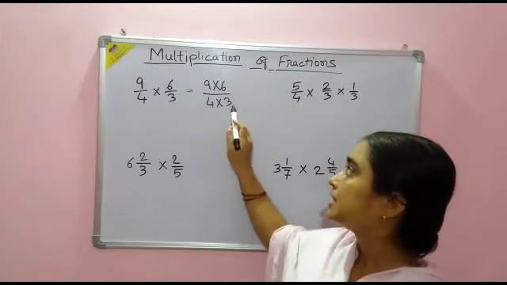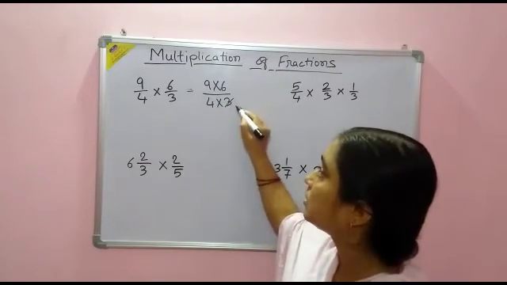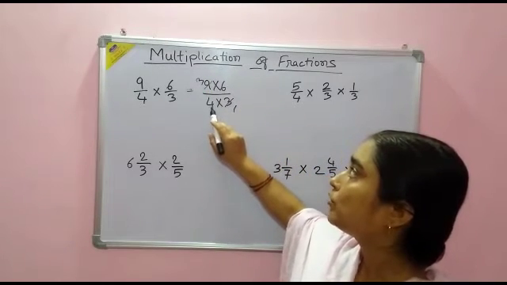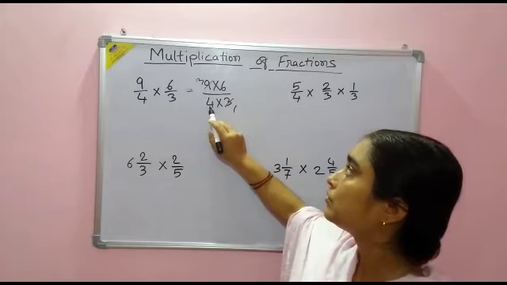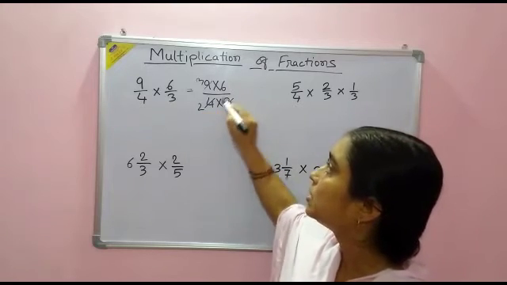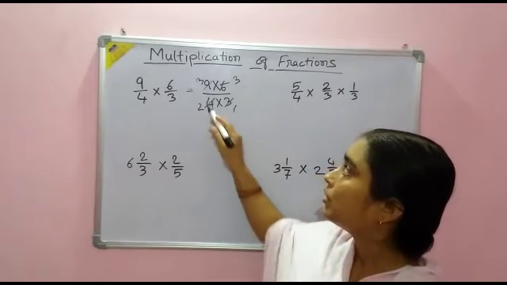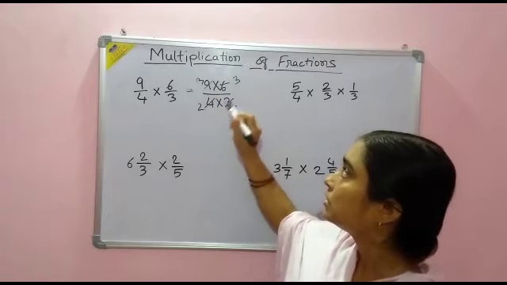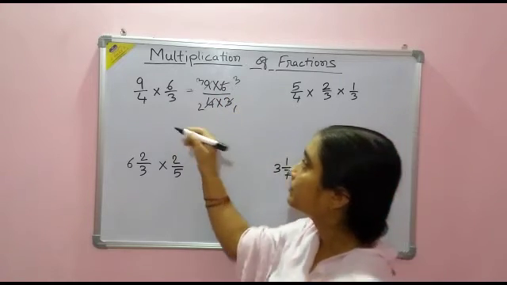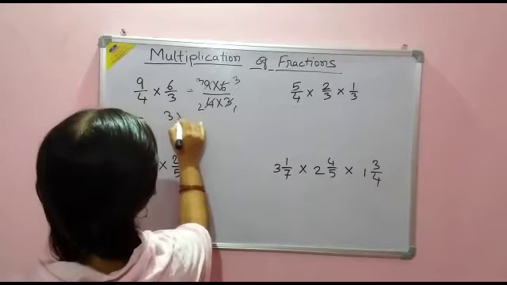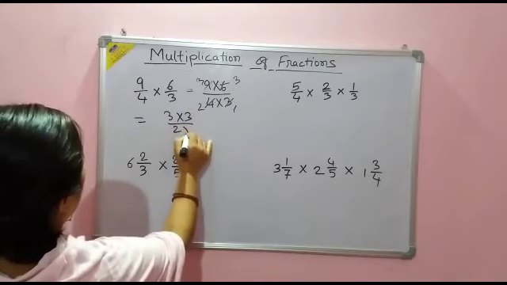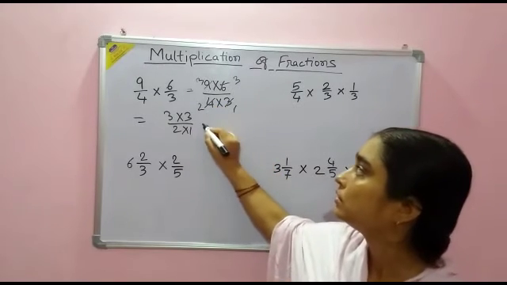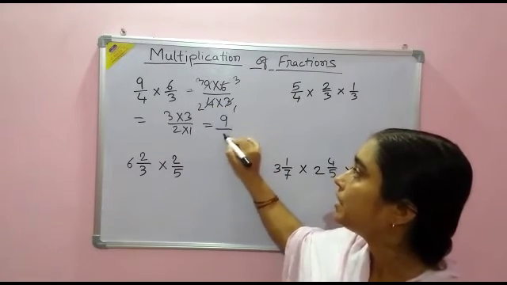I can see, just 3 3s is 9. So first cancel: 3 1s are 3 and 3 3s are 9. Then again you can see that in the table of 2 we are getting 2 2s are 4 and 2 3s are 6. So we can cancel 2 2s are 4 and 2 3s are 6. Now any further cancellation is not possible, because in the table of 2 we do not have 3 anymore. So what we get is equal to 3 into 3 by 2 into 1. Yes? 3 into 3 by 2 into 1. So it is equal to how much? 9 by 2.